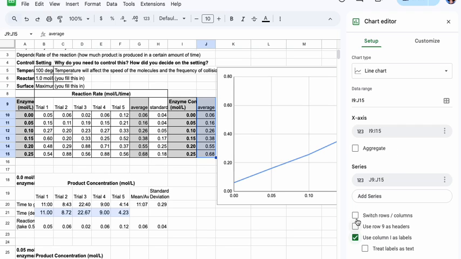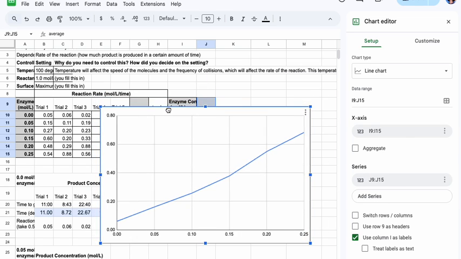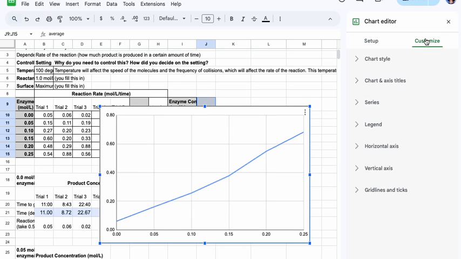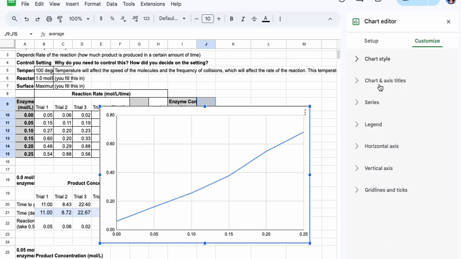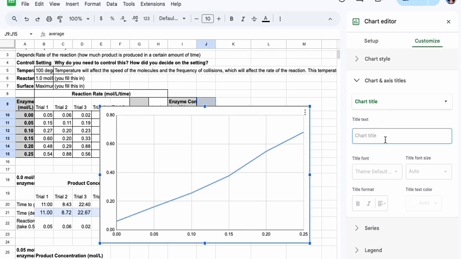So notice that it had automatically selected the switch rows and columns, and that messed this up. So now you can see that, and again, kind of messing around in here and looking at, these are the X values that I want, these are the Y values that I want, here is the graph that I want, and then you can customize to show not only, starting to put in axes titles,